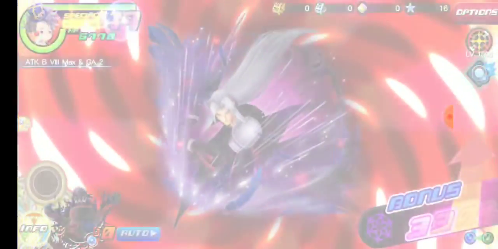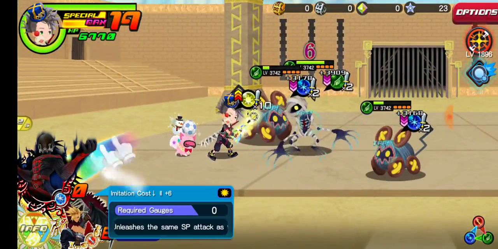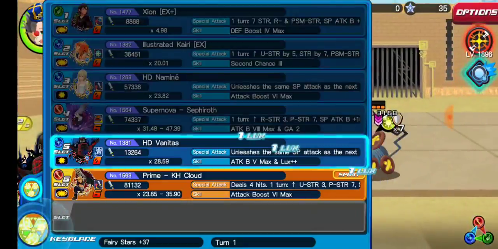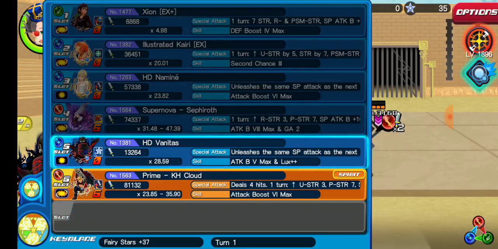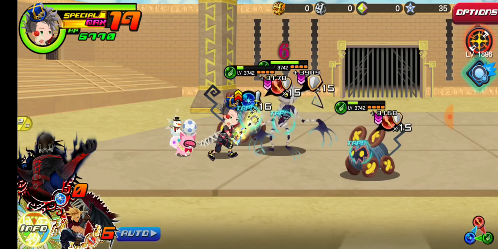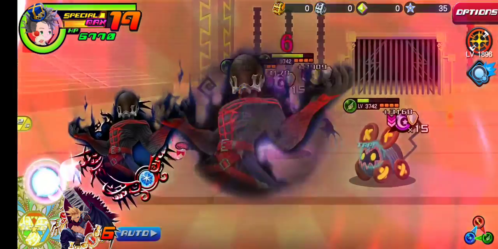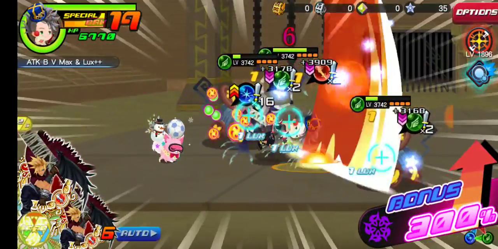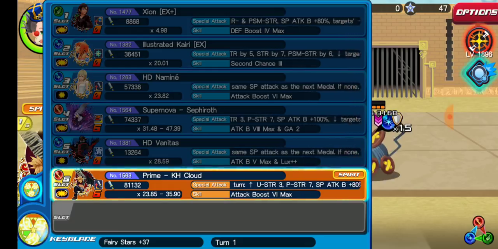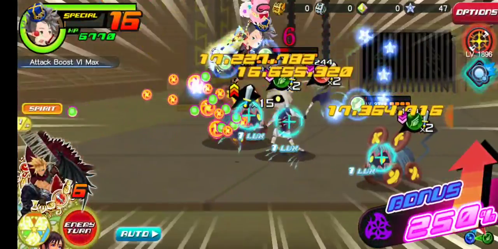And then by using the actual cast of Sephi there, I can get up to max reverse buffs. Here I'm trying to get the enemy's upright defense down to max. That's why I'm using this EA copy medal. As you can see here, he's only at -7 now, he's at -14. And then I'm at max upright as well, thanks to Illustrated Kairi EX, and also my Prime Cloud copying,